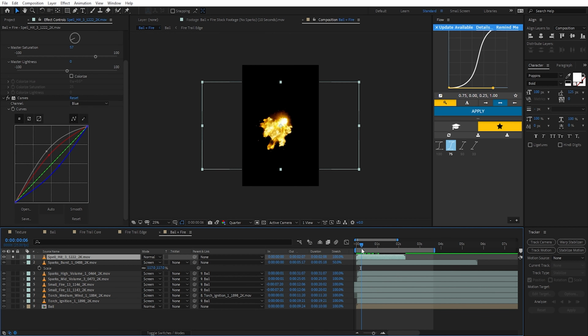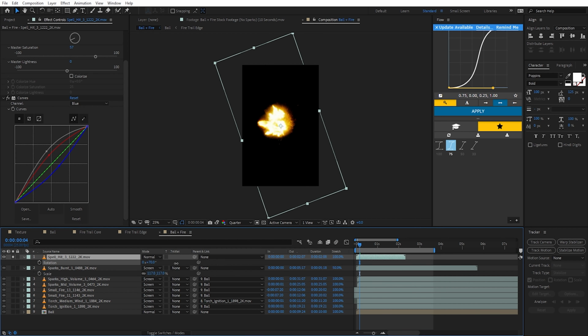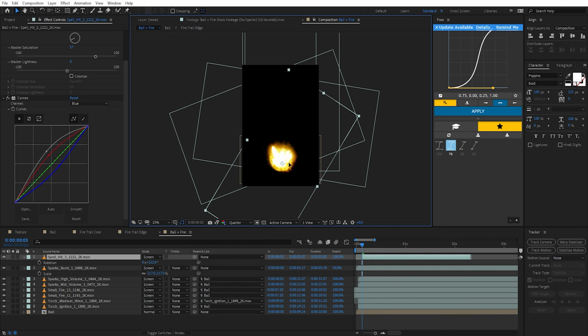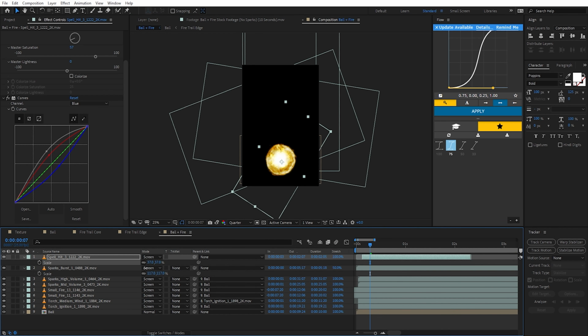Then we also need to orient it properly, so you can see it's shooting this way. So we'll hit R and just align it properly. Another thing we could do is maybe chop off the first 3 or 4 frames so that it feels more explosive. And then we can set this to screen, unsolo it, bring it into position, and then we'll scale it